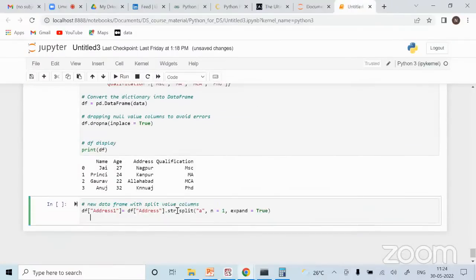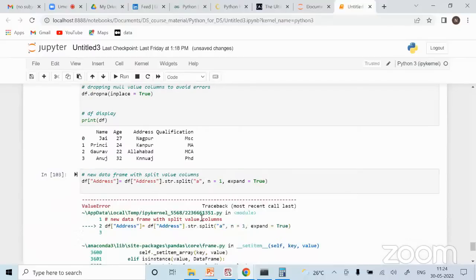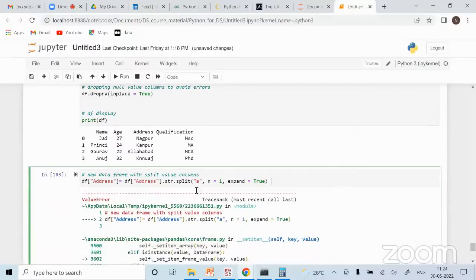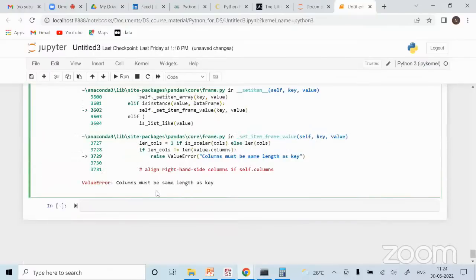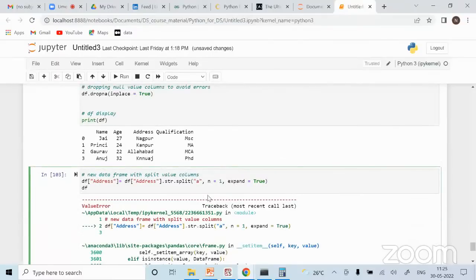So this is my df. It is giving some error: columns must be same length as key. So what I'm doing is df address str split expand equal to true.